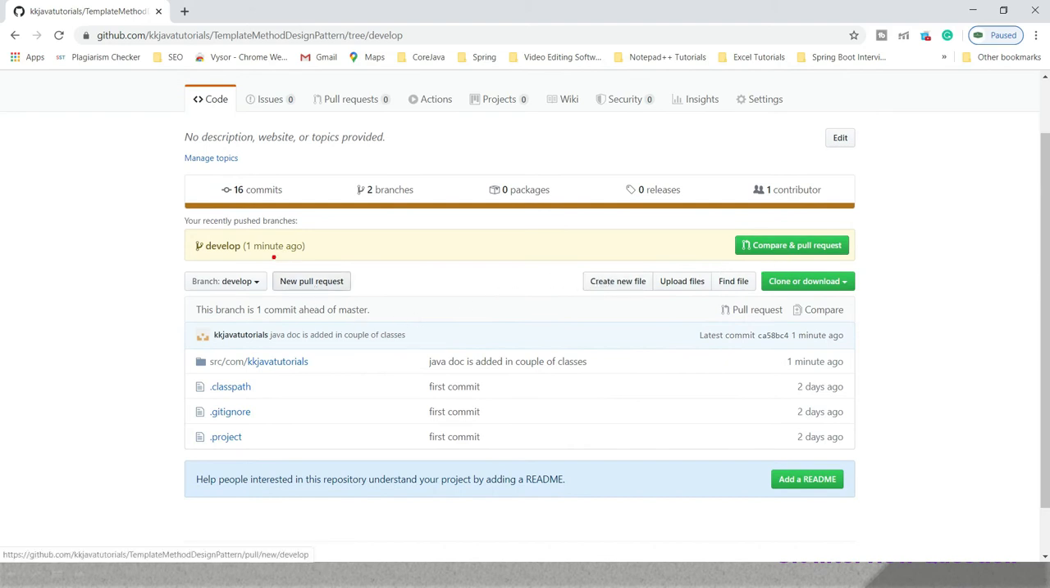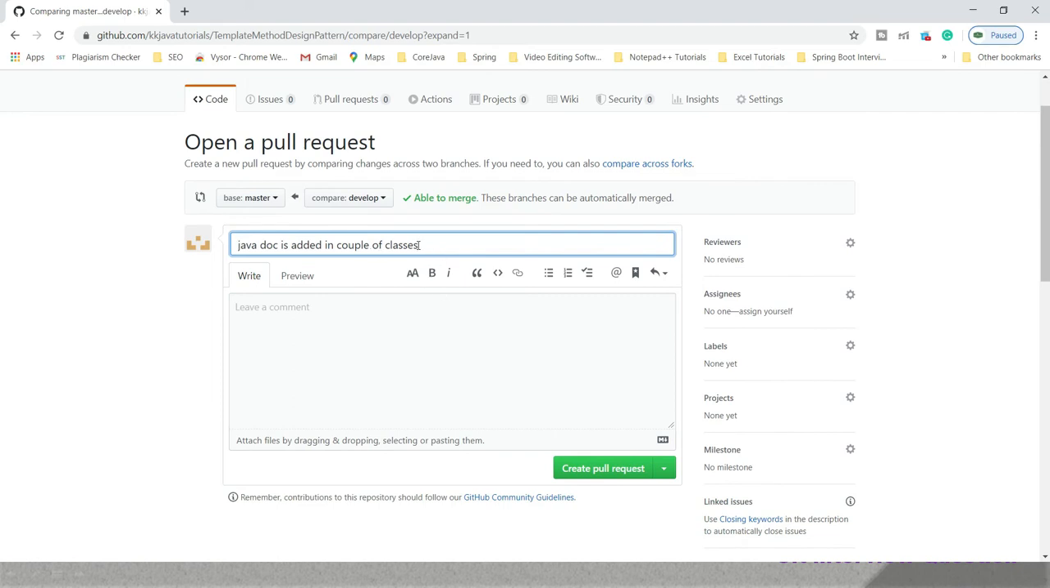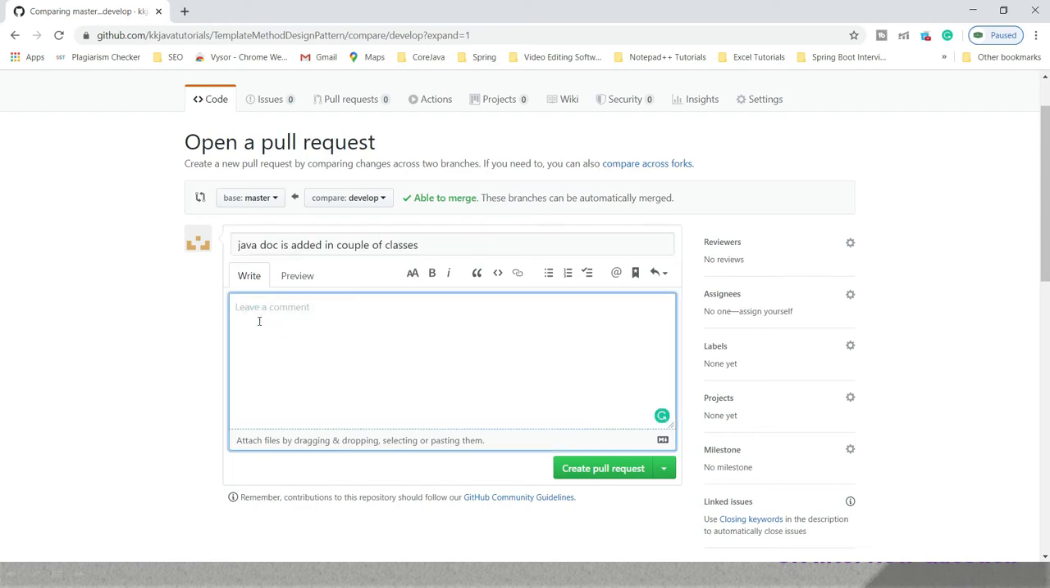So here you can see this tab, right? New pull request. So we need to click over here, right? Once you click here, whatever commit message we had given got populated. Here you can write what changes you have done, right? So I would write added some Java doc,